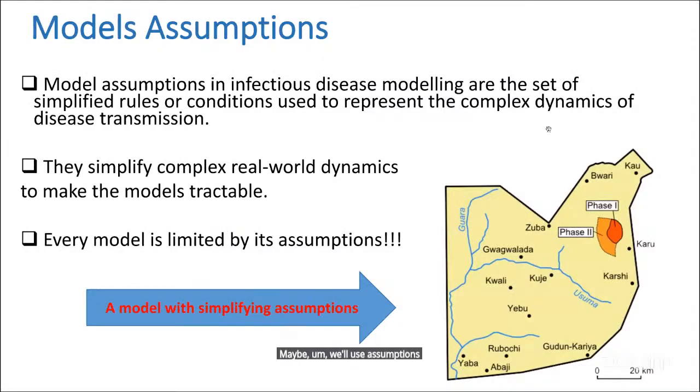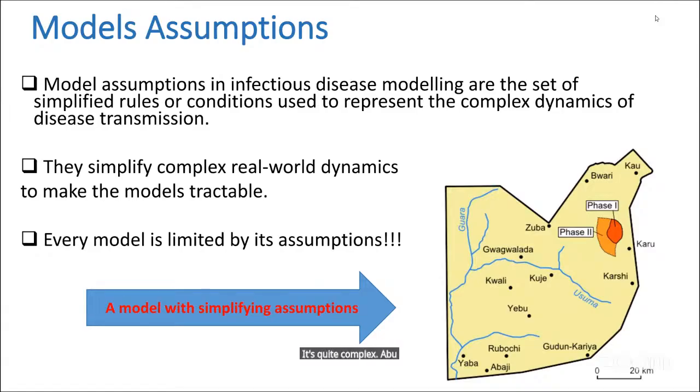Maybe we've used assumptions, maybe 1,000 kilometers in real life will represent maybe 1 centimeter or 0.5 centimeter on the map. So we have made some simplifying assumptions of the real world and then developed a model. And that is what we are trying to do in mathematical modeling. We look at the real world, we study it, and because the real world is quite complex,